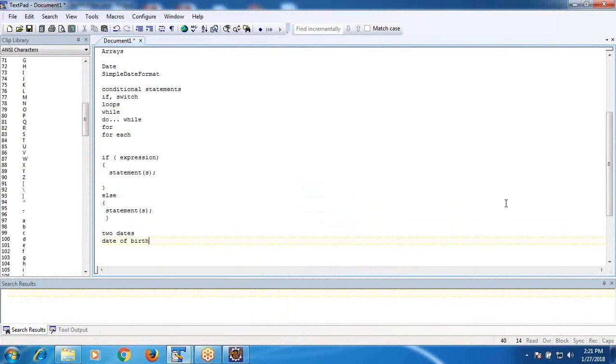I can enter here the date of birth. That much only I enter. Another one I take is the system date. When somebody enters the date of birth, it should tell us whether the candidate is eligible